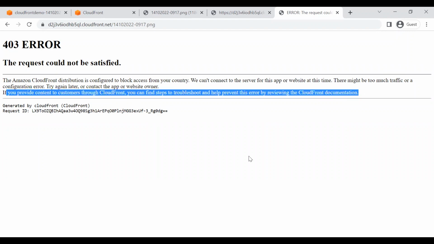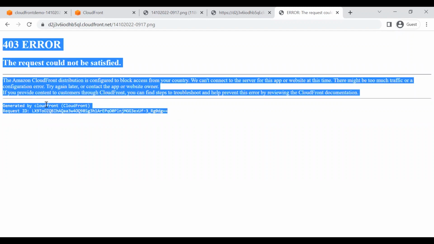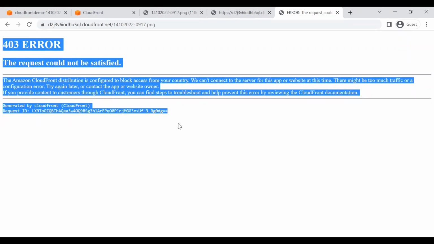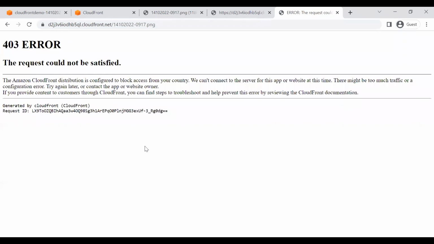There is some documentation and also a request ID. These things will come up when customers are accessing the site. This information is not needed, and they can't understand what CloudFront is and what this 403 is. So for this, we are now going to configure a custom error page,